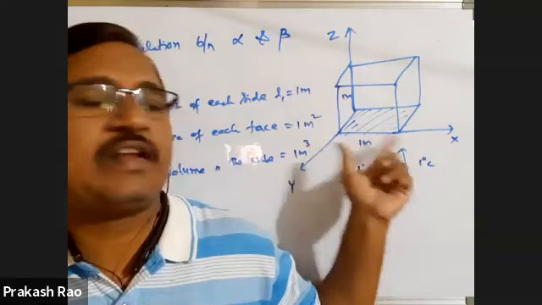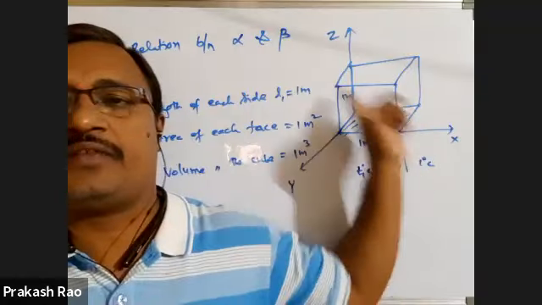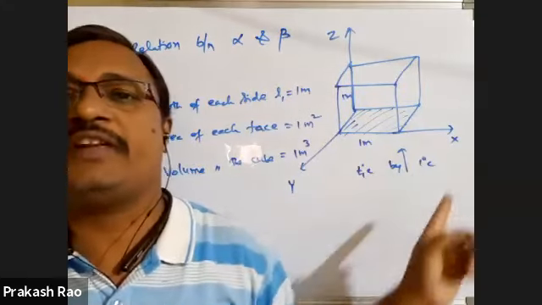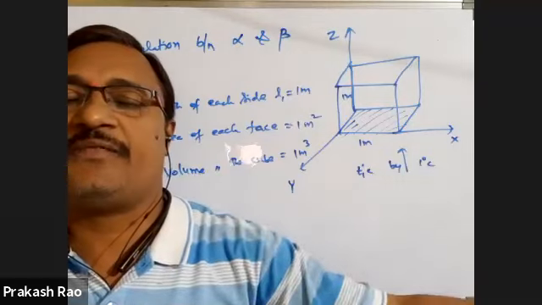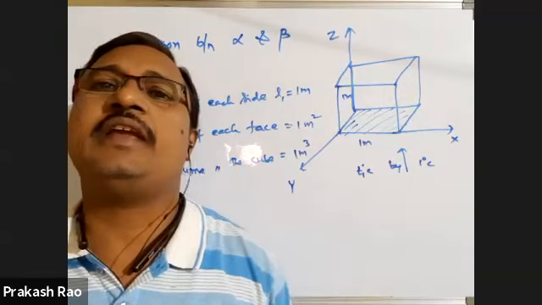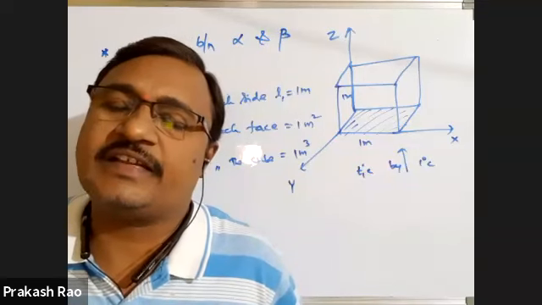Sir, say it once again. I am taking a cube of side 1 meter. Length of each side is 1 meter, 1 meter, 1 meter only. Now it is at room temperature. Say you have increased the temperature of this cube by 1 degree centigrade. Assume that you kept it for a few seconds in a furnace and increased the temperature by only 1 degree centigrade. Then the length of each side, does it remain constant, increase or decrease?